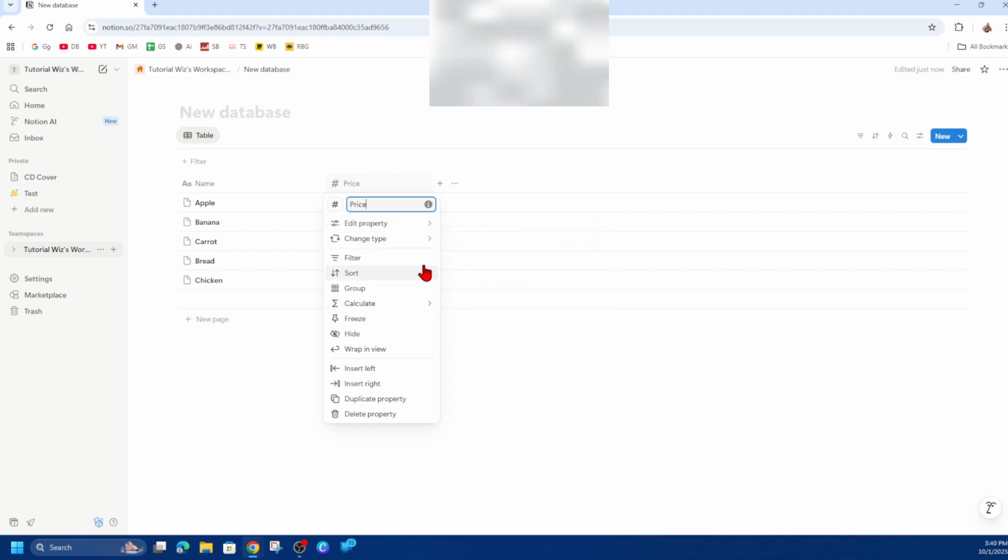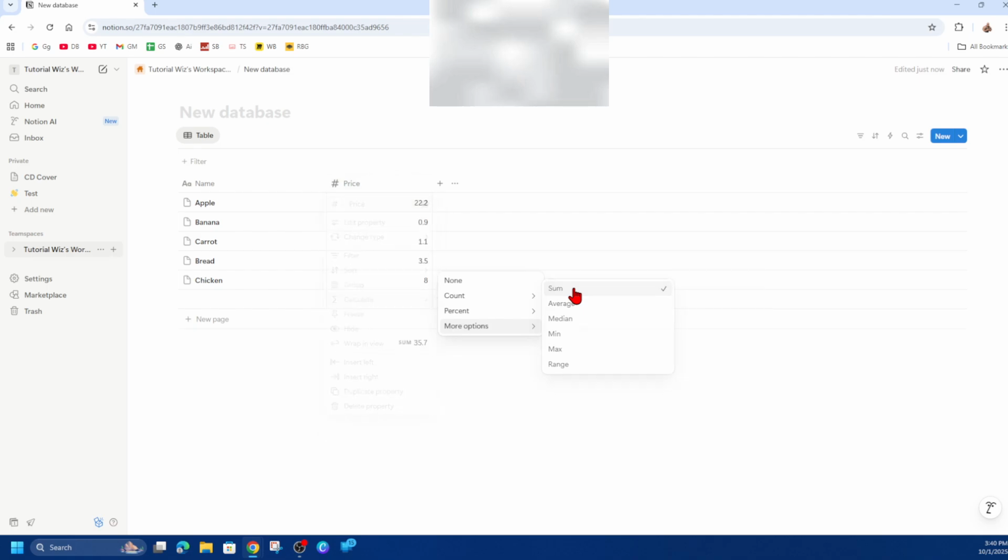Then once we've done that, go ahead and click on calculate, and then from here go ahead and click on more options and then click onto sum, and now at the bottom of that column it's going to give you